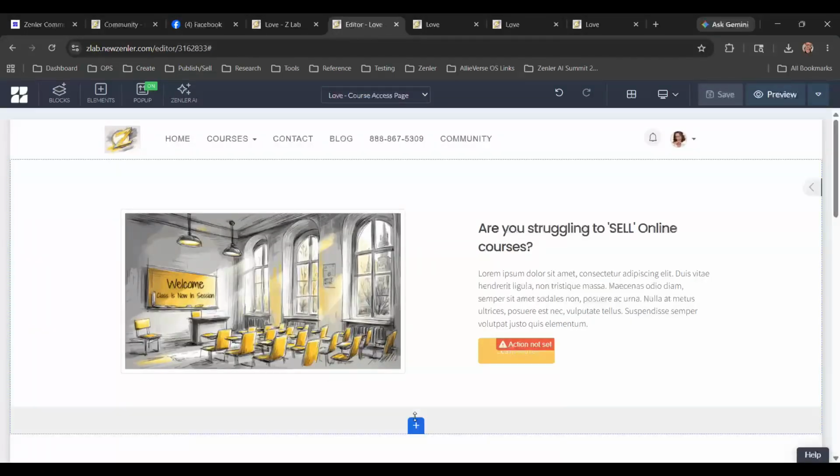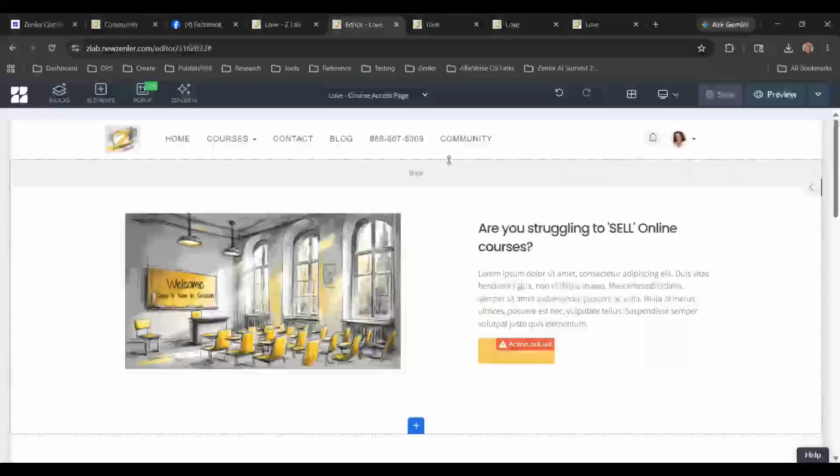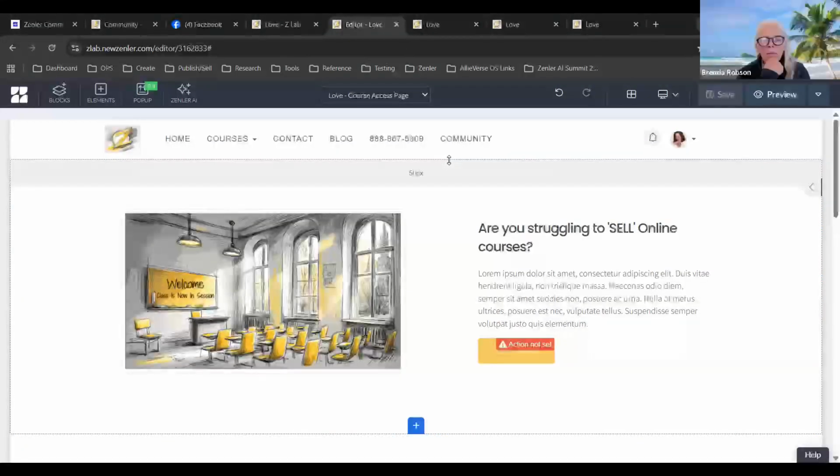You're going to upload both of those documents to ChatGPT, and then ask ChatGPT, hey, the first code is a block on my Zenler site. I need this second code for this calculator thing, whatever, use proper words.